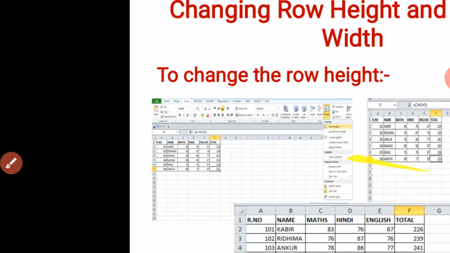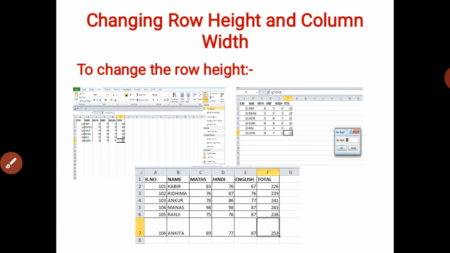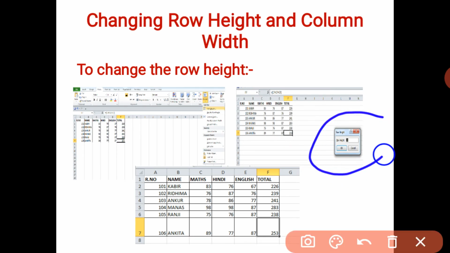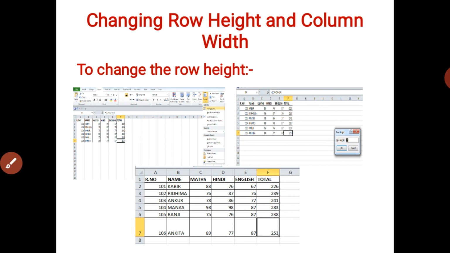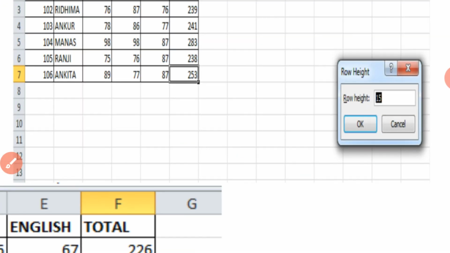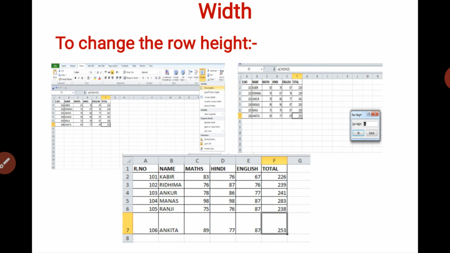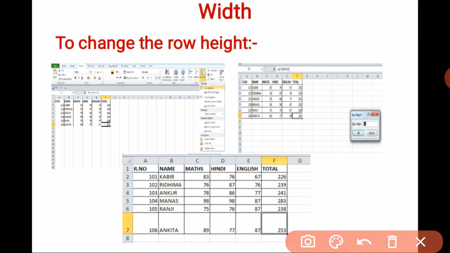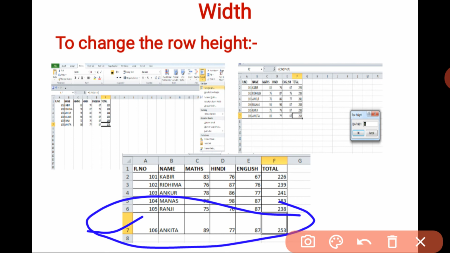After that, this type of small box will appear where you just need to enter how much height you want to apply. So you just have to write down your height accordingly and then click on the OK option. Whatever height you apply, it will change your row's height. You can see here this row height actually changed according to my particular value, right?